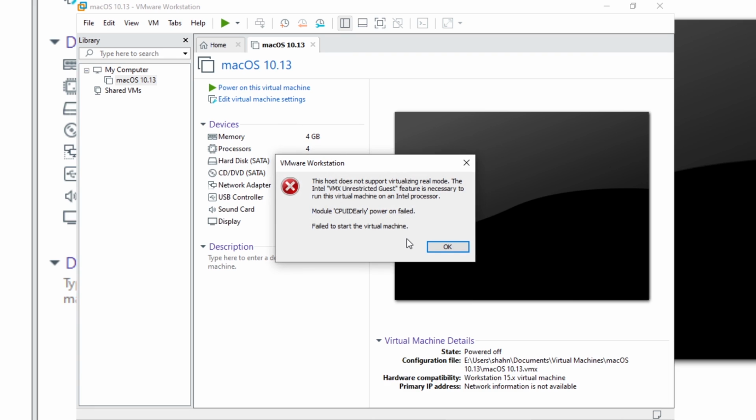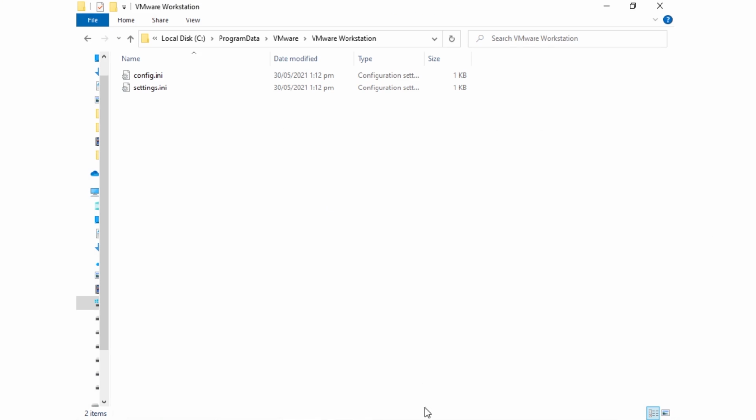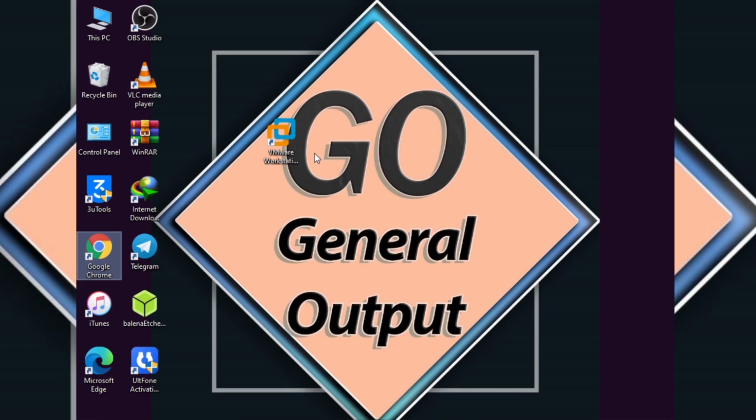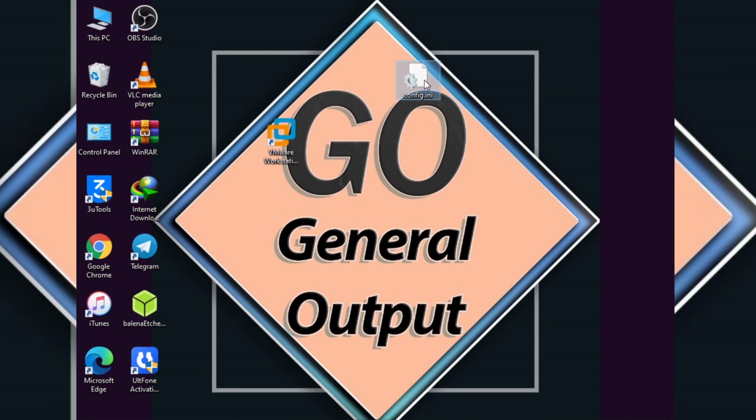So to fix this error, we have to open this PC. So let me open this PC, and right here you have to paste a directory location. The location is in the description box down below. You can take it from right there. First of all, you have to copy this first file at the top, and I have copied it, and now we have to paste it on the desktop. So let's click on paste. It is pasted right here.